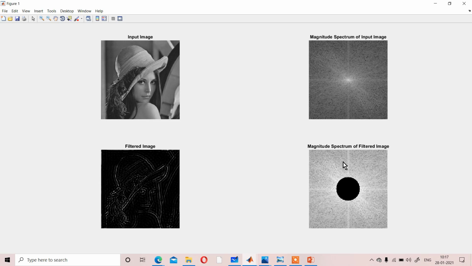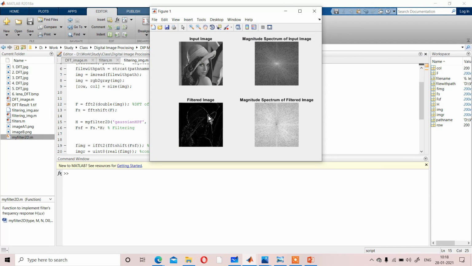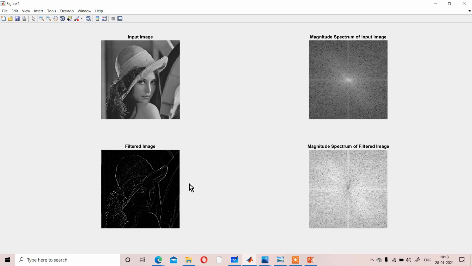So here we are using the ideal high pass filter. Instead of the ideal high pass filter, you can use other filters also. That is called the Gaussian high pass filter. In the Gaussian high pass filter also, you can get that type of structure.